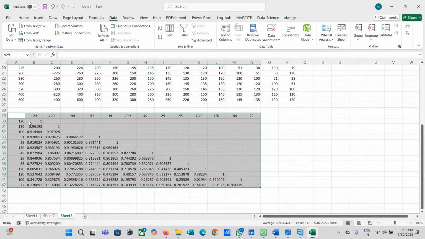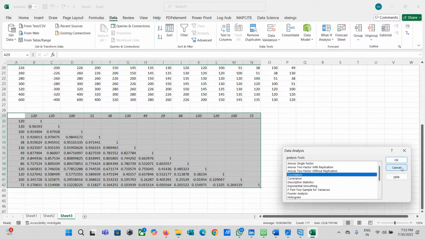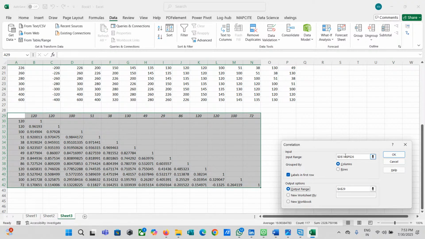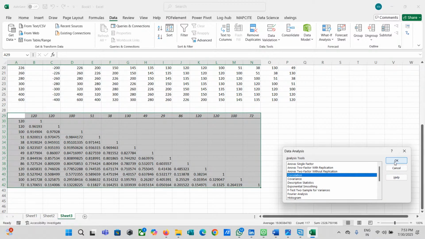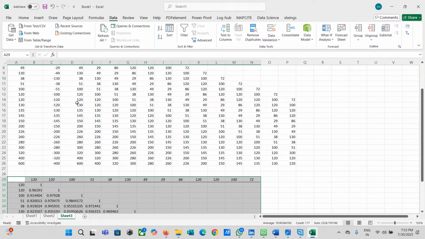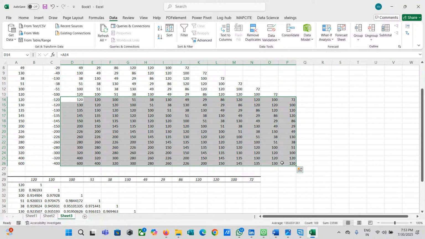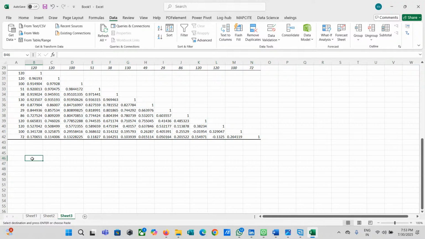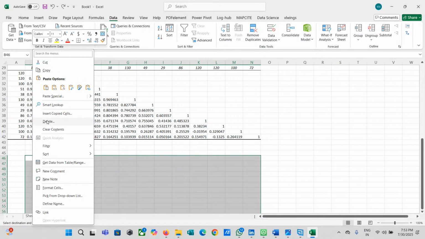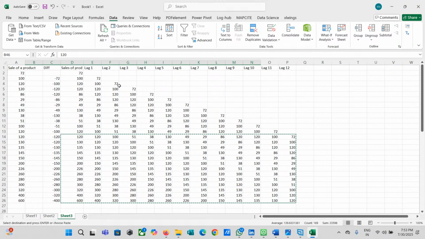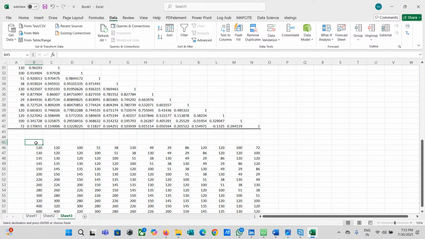So I'm going to take this data set and name this. Okay, there is a problem here. I'm going to change my range once again, and I'm going to select this entire data from here. And I'm going to bring my headings over here.